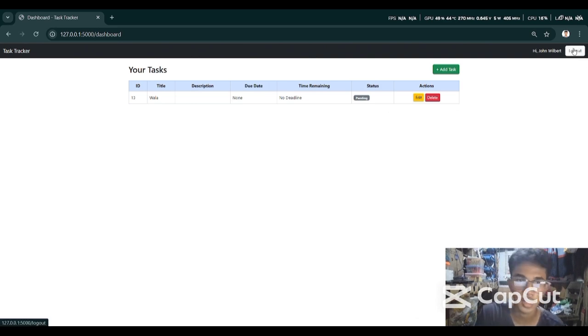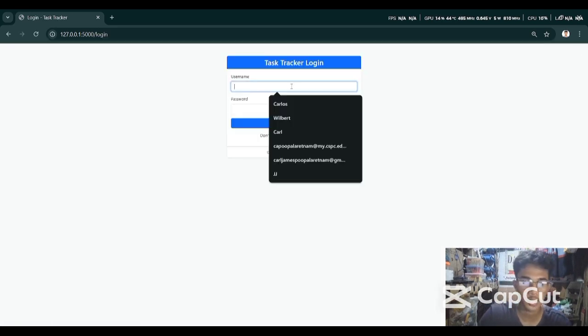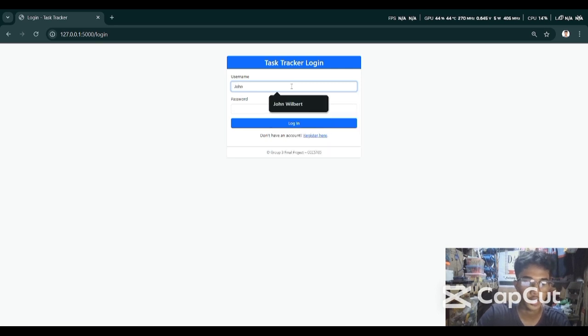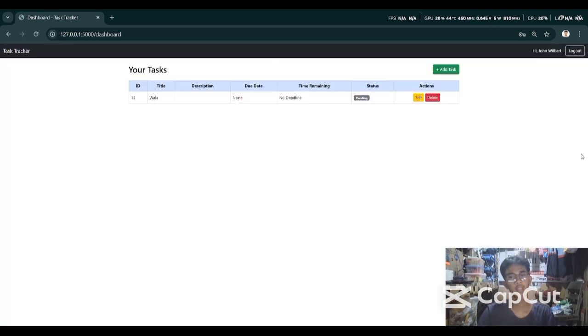So let's log it out and let's log in with it. John Wilbert, and the password 1 2 3 4 5. So that's it. As you can see, it worked. So this is our simple task tracker. There's a lot to be improved in it, but we don't have enough time.